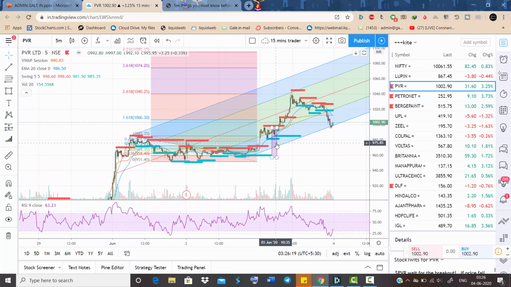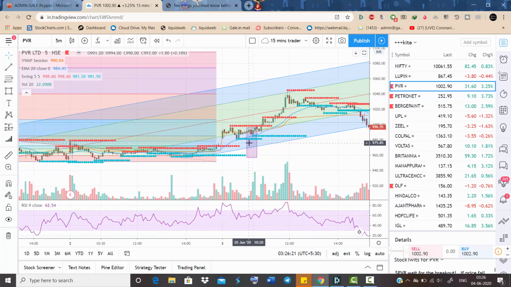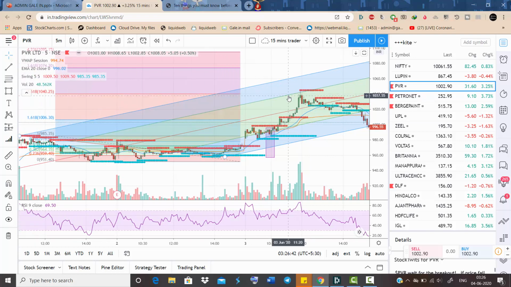So we waited for the stock and RSI had not gone above 80, so we waited over here, and once RSI hit above 80, we booked our profits above 1030. If we had waited, we would have booked just below 1040. We could have booked another 5 to 6 points. We did not want to risk. So with good volumes, it moved and we booked over here.